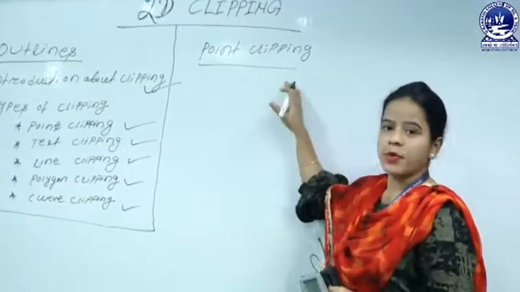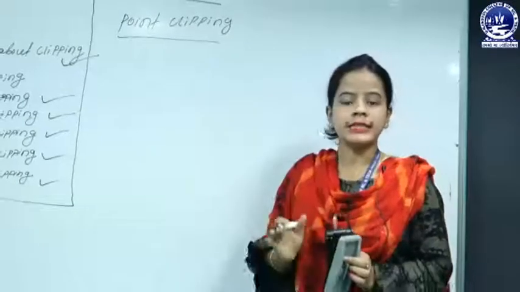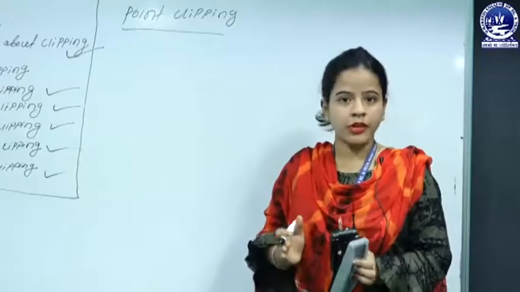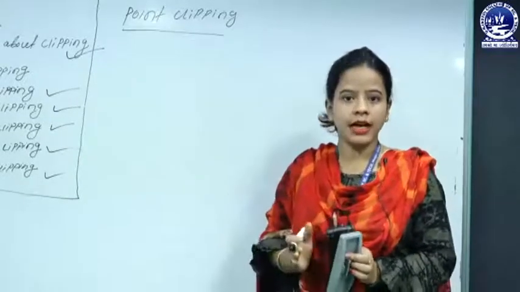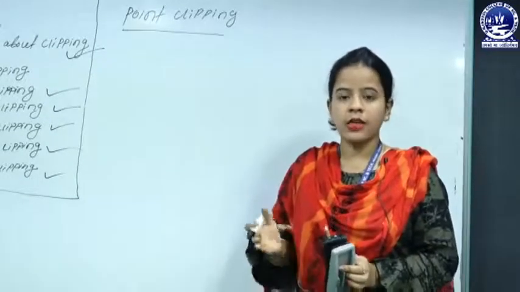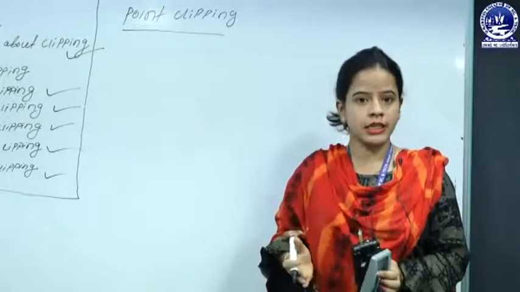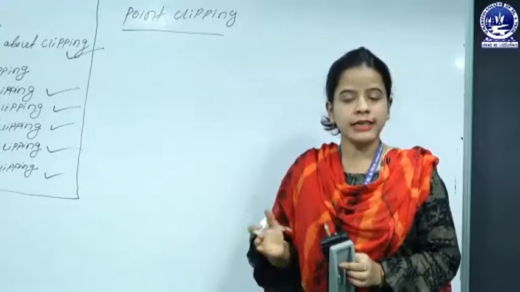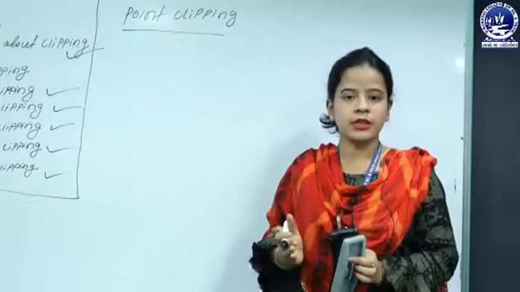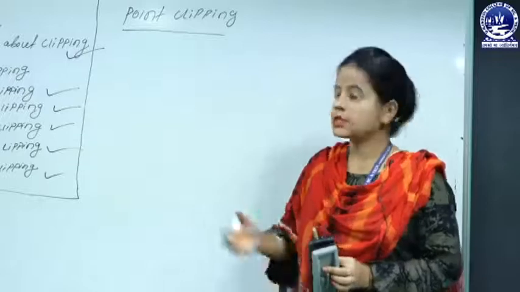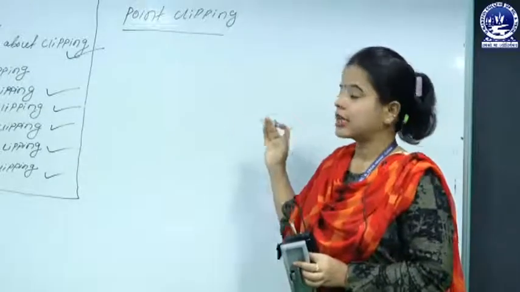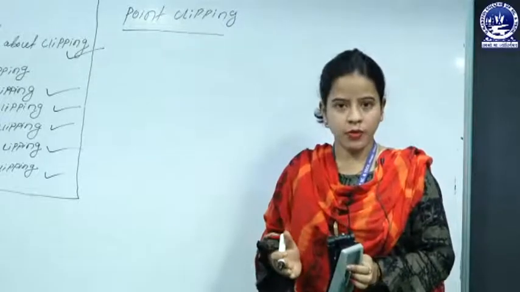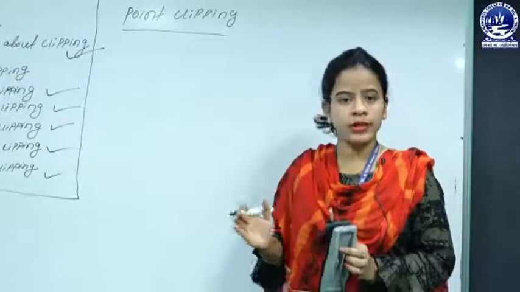So what is point clipping? As we know, in computer graphics, the point is the most valuable attribute of the given graphical field. Why? Because whenever any textual or other type of data is converted into pictorial format, each picture consists of a discrete number of pixel points. That means the point is a dot or pixel point which has no dimensions.